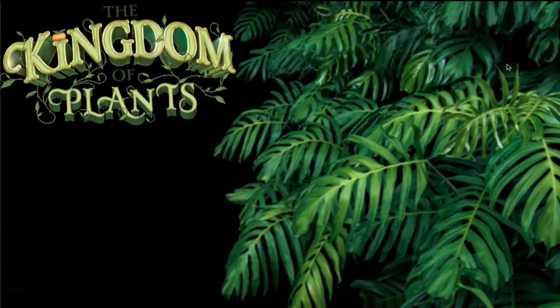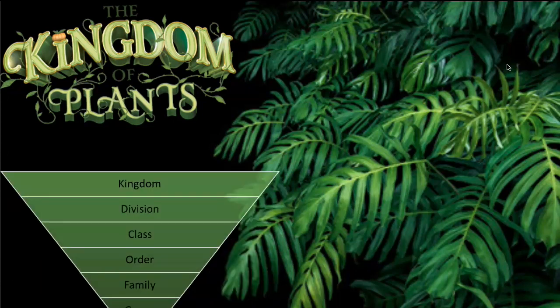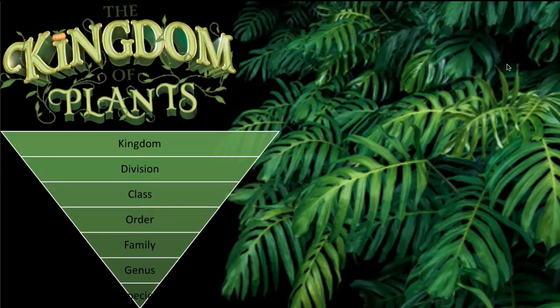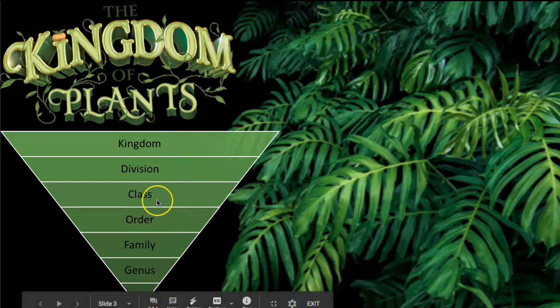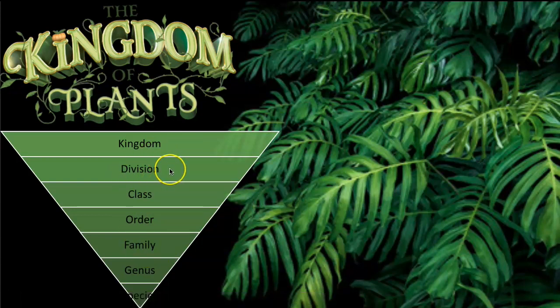That's the key: plants are going to be multicellular. So, as we start to go through our nomenclature and taxonomy of Kingdom Plantae, it's important that we remember our mnemonic: good King Philip came over for good spaghetti. What I mean by that is kingdom, phylum, class, order, family, genus, species. However, if you look at this diagram here, you don't see phylum. Instead, we have what are called divisions.